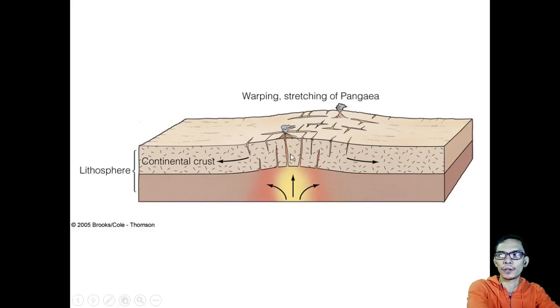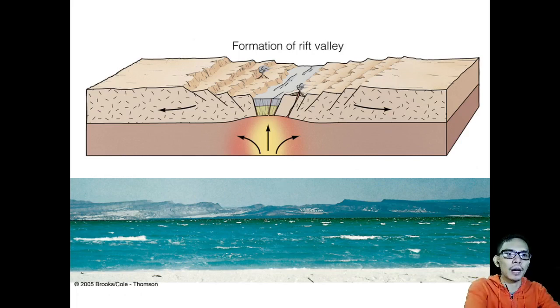formed. We have here the continental crust, and there is a weakened part of the continental crust where the mantle materials came out. As time passes by, this mantle material is being erupted upward and replaces the one that is on the surface. As it does, it pushes this particular part of the lithosphere to the side, moving away from each other. The one at the middle is the new material that I am talking about that is coming from the